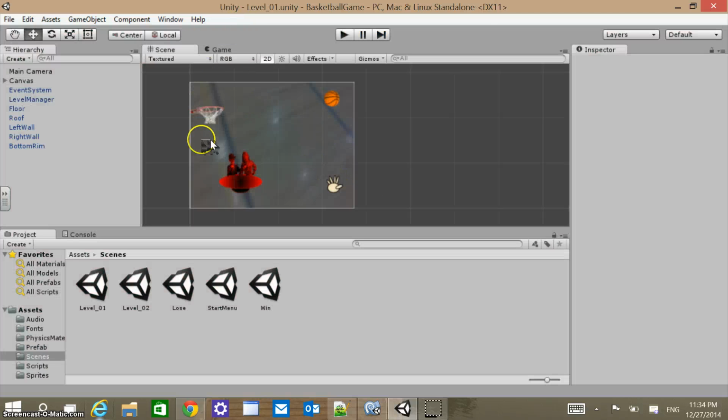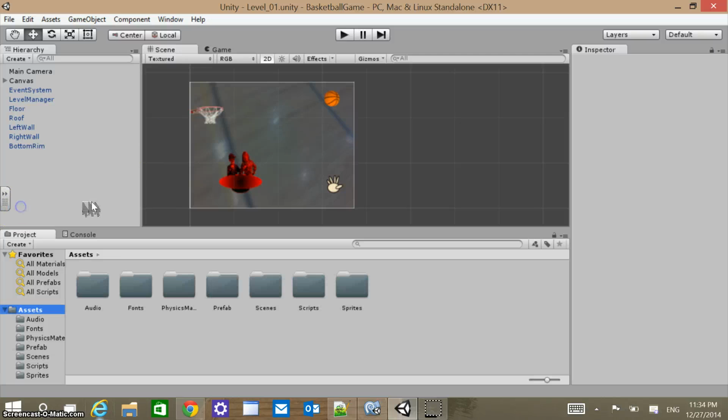Anyways, that sounds like that's it. I was having some problems with actually building to an executable that was working, but I think you're getting the basic game concepts now, and see how you can add multiple levels very quickly with the same prefab characters. Just taking a look at all the different assets we were able to add: audio, fonts, physics, prefab, scenes, scripts, and sprites. Should give you a good start on Unity anyways. Anyways, there you go. You can build